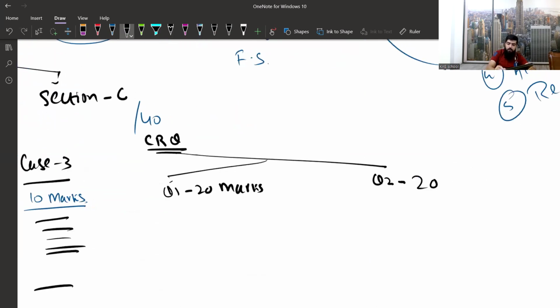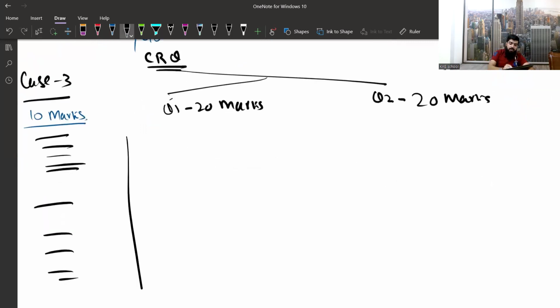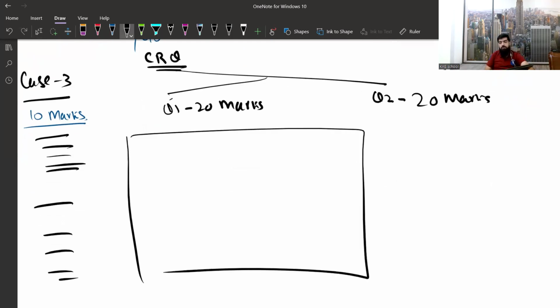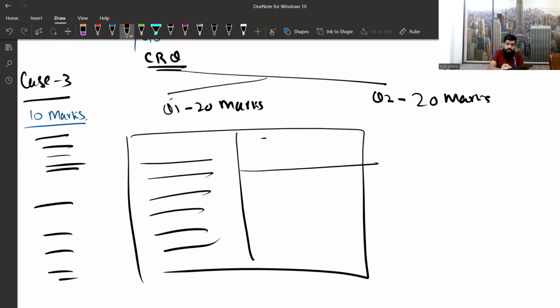Now, how is it different? Once you reach your Section C, there will be a screen on your exam, and at the end of the session, I will try to give you a brief insight and show you the portal, how the paper will be tested. In this screen, you will be given the question and there will be a requirement for it. On the left hand side there will be the question, on the right top side the requirement, and on the right bottom side